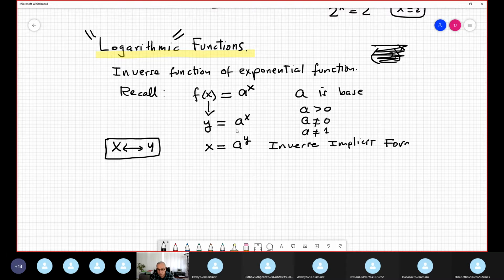Implicit form. Implicit form is not good. I don't like it. I like explicit form. And explicit form is when you isolate the y. Okay? Now it's the inverse also, but I need an explicit form, it's important. So now I transform this expression a little bit to another expression, where y is totally isolated. And you create one